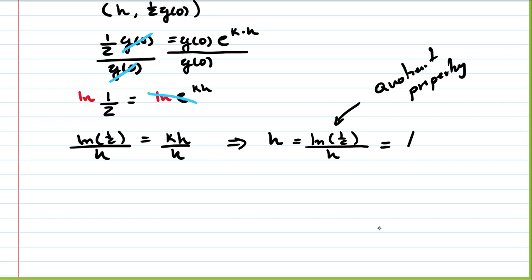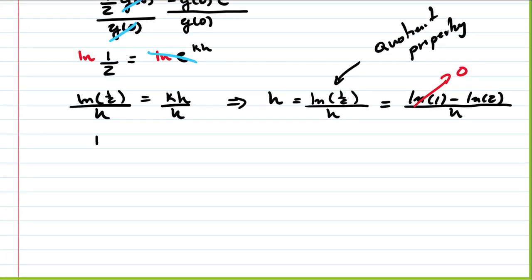So that's the same as the natural logarithm of 1 minus the natural logarithm of 2, all over h. And what's the natural logarithm of 1 equal to? Well, e raised to what power gives you 1? 0, right? So the natural logarithm of 1 is 0. So finally, after all of this,